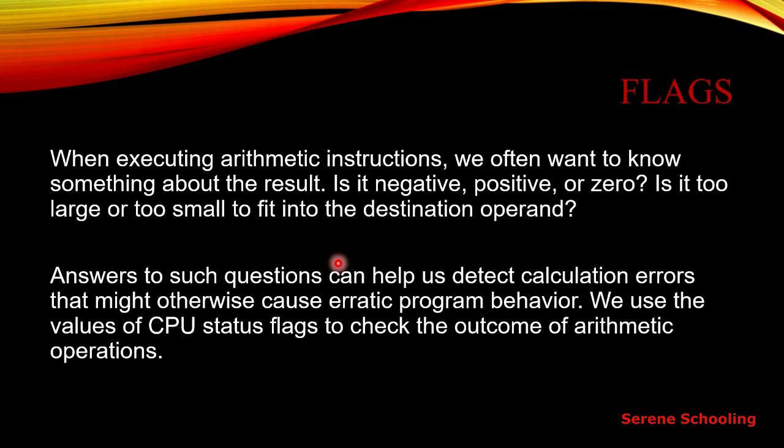There are actually multiple flags for multiple arithmetic operations. Like if there is some overflow occurring, then for that case there is a specific flag. If we are getting the result 0, there is a specific flag. And flags just act as a signal. They are either 1 or 0, right? They are not performing any arithmetic operations on our values or registers. They are either set, that is 1, or clear, that is 0. That's just the purpose of flags. We will see it in more detail later on.